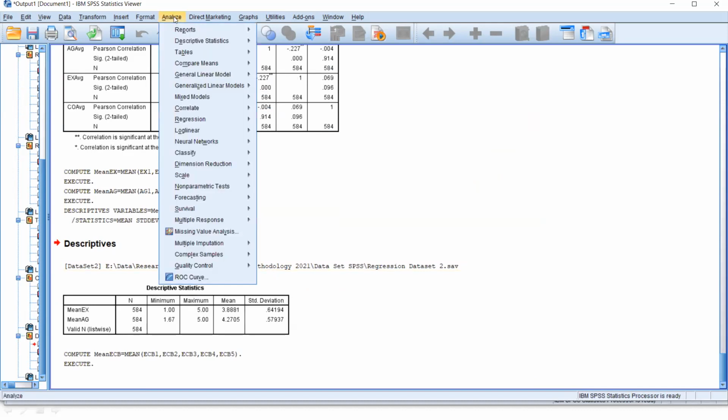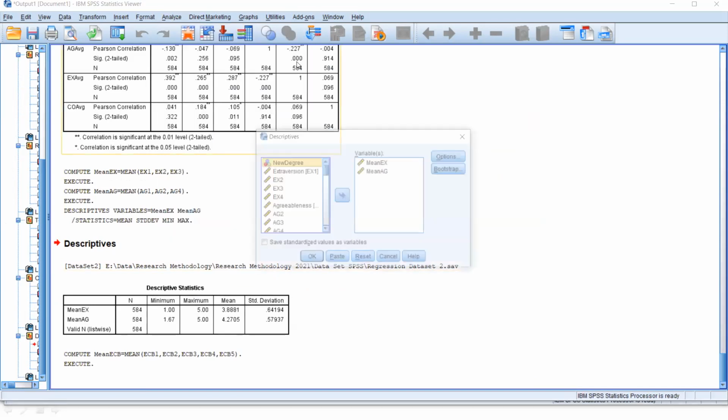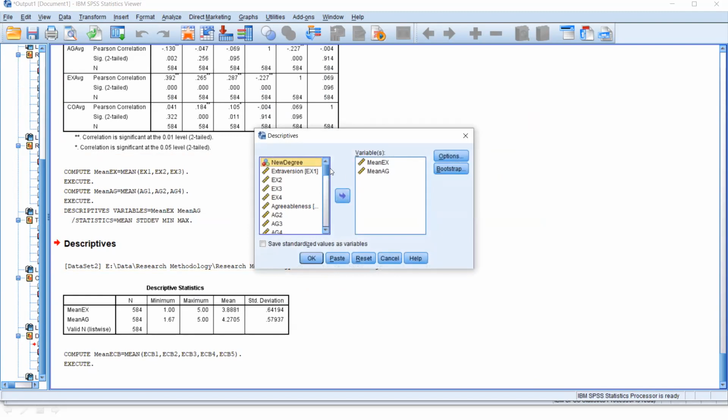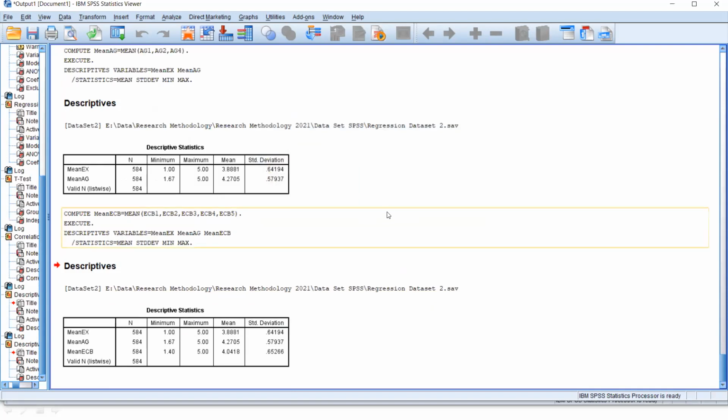And then I calculate descriptive statistics, descriptives, right? And I'm going with mean ECB also, and then click OK. Now you can see, right? Now you can see in the mean ECB, the mean එක බලන්න, mean value is 4.04, right?